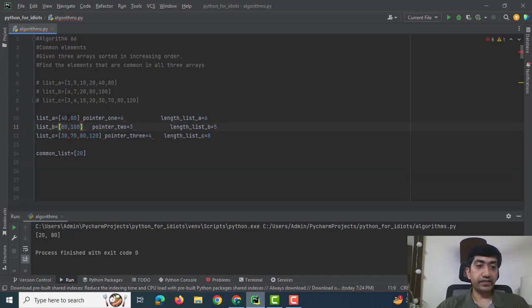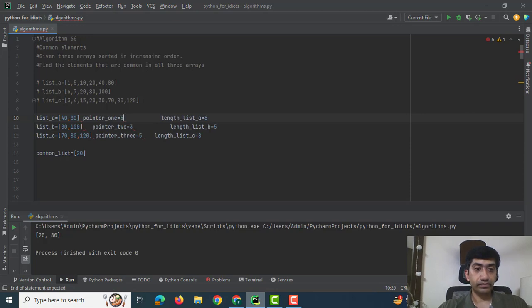Now in the next iteration 40 is not lesser, 30 is lesser, so pointer 3 shifts towards 5th index. In the next iteration 40 is lesser in comparison to 80 and 70, so pointer 1 shifts towards 5th index.